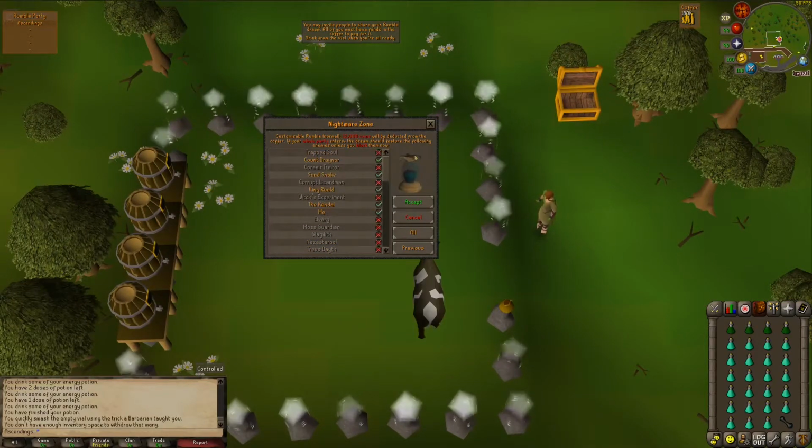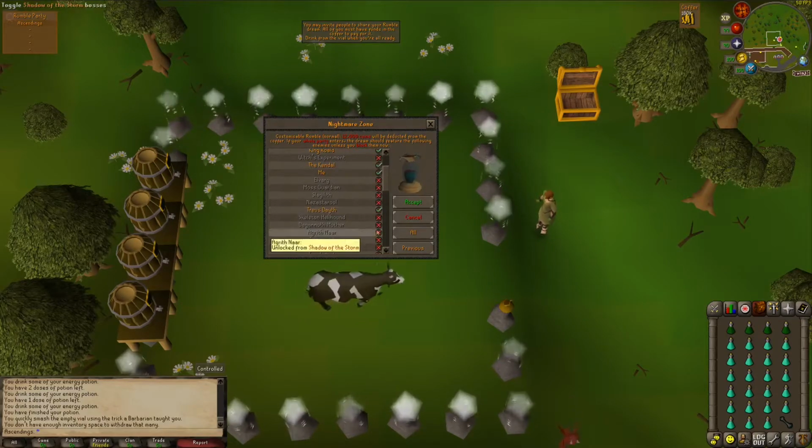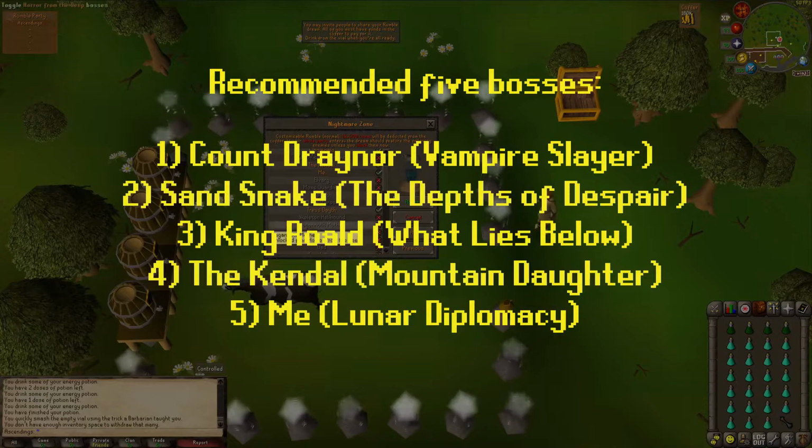Now head over to this little pedestal thing and click on the potion. Since we're doing a customisable rumble, we can pick and choose the bosses to fight. The wiki has a nice strategy guide for which bosses to pick, depending on which quests you have done, but the group of 5 bosses I would start with are the Sand Snake, Count Draynor, King Roald, the Kendall, and